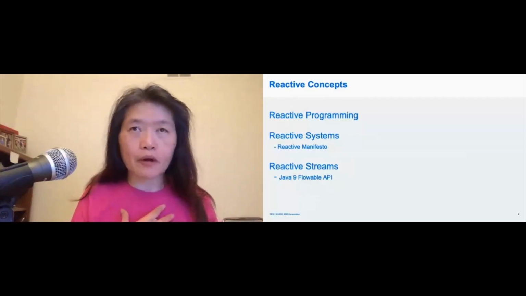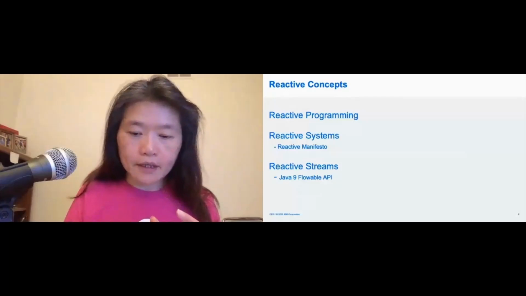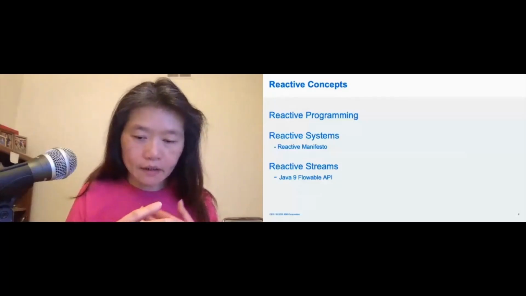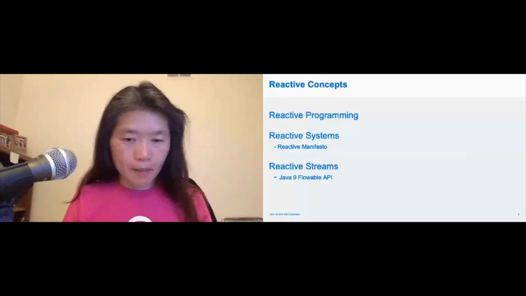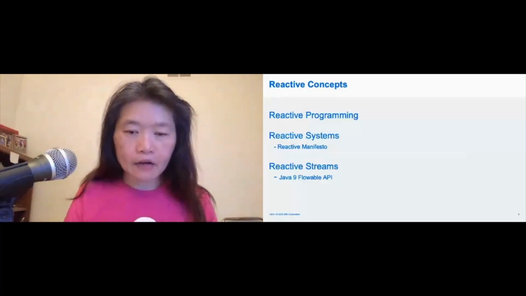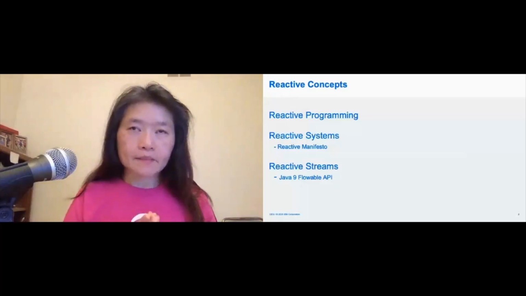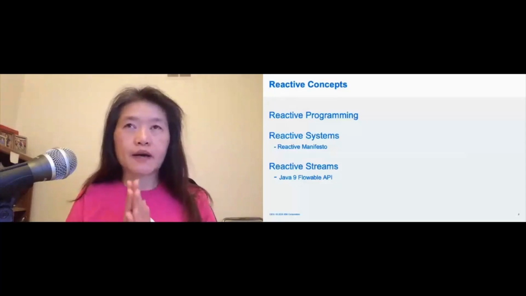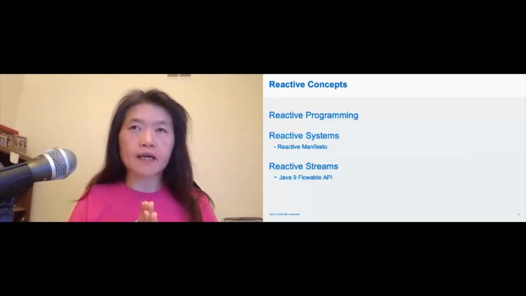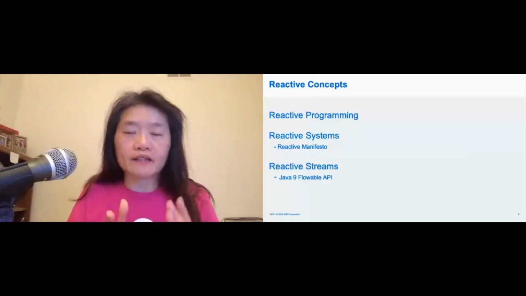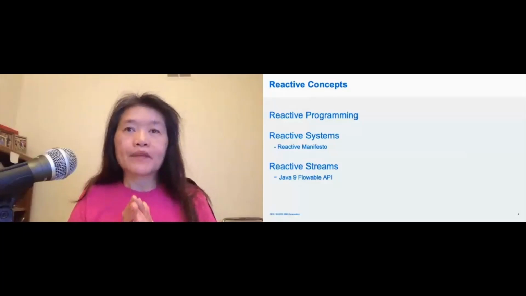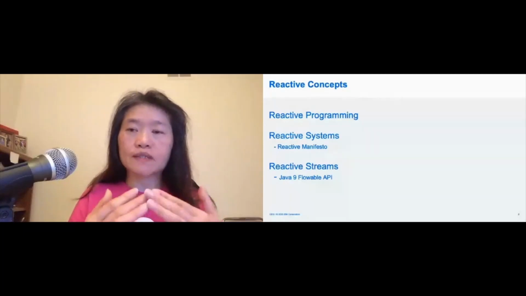In reactive programming, we're talking about the individual components. How do we actually implement a component? For example, in a reactive style of programming, we're dealing with a microservice. What is reactive? Essentially, it makes use of a very functional style of programming. That's why I think when Java 8 came out, the time was ripe for Java to support reactive programming even more, because it does require a functional style of programming.